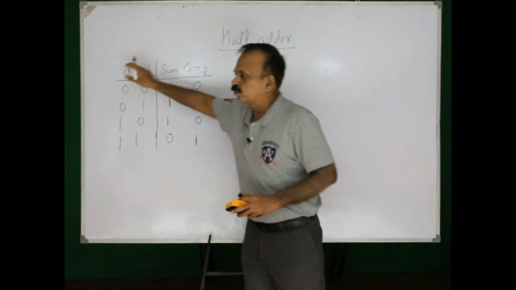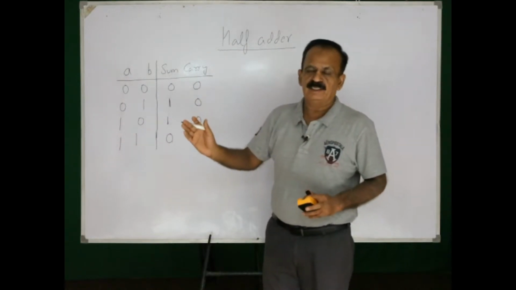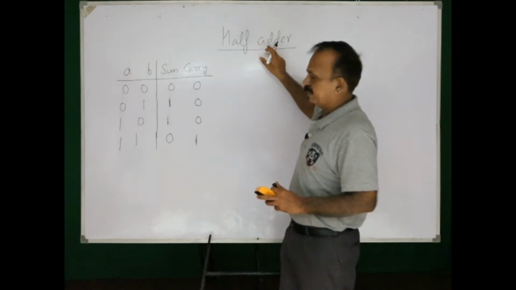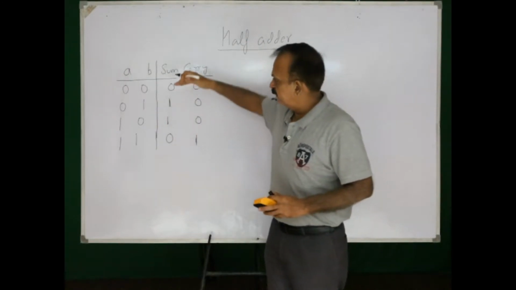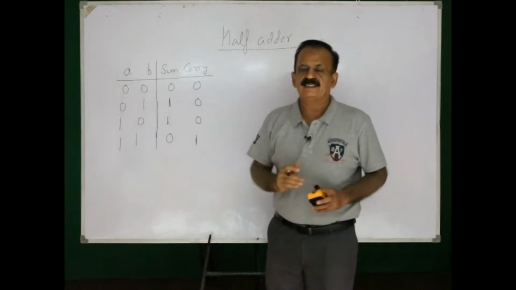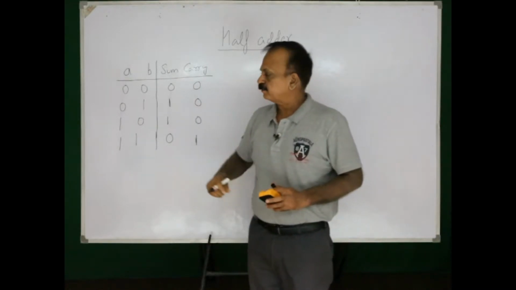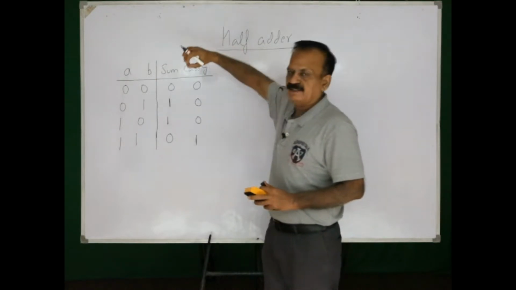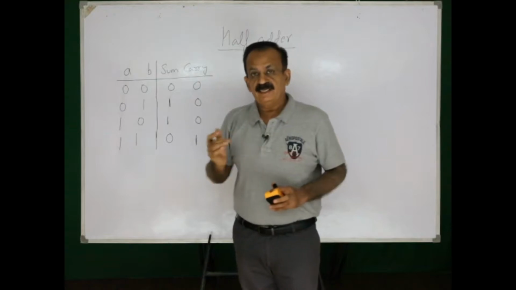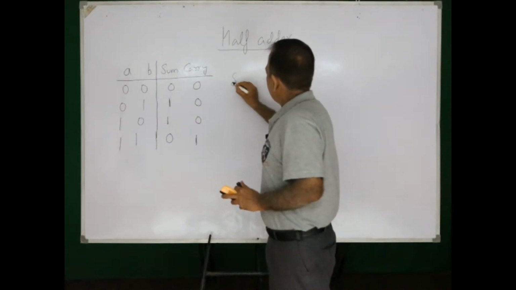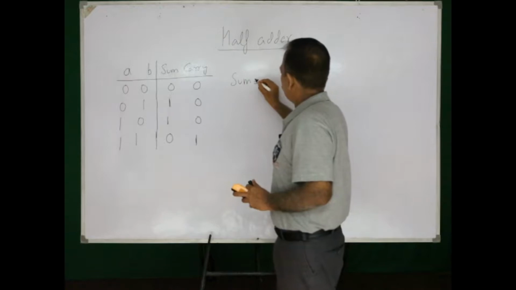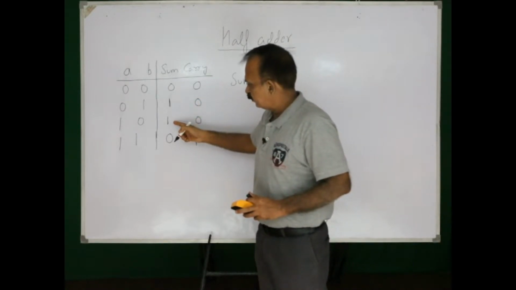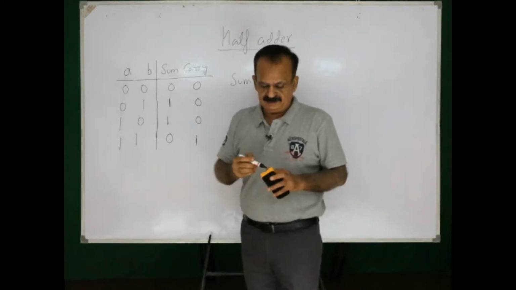Now, this is a truth table. This is a table showing all input output combinations for half adder. When 2 bits are added, these possible values are there, for sum and then carry. We will try to implement the circuit for sum and we will try to implement the circuit for carry. Let it be sum. If we carefully see the output for sum, it is 0, here it is 1, here it is 1 and here it is 0.